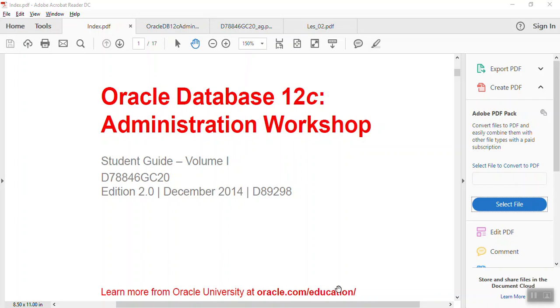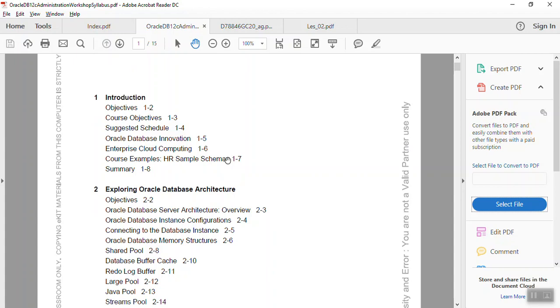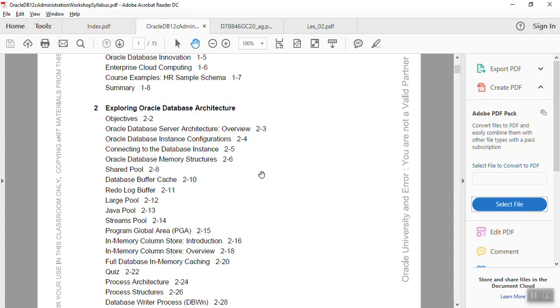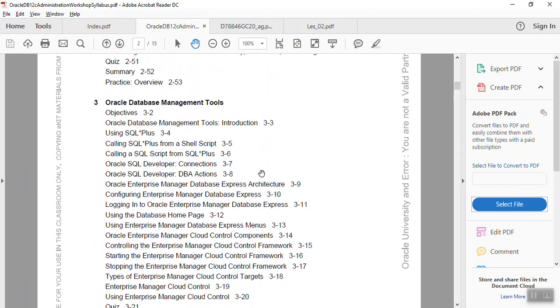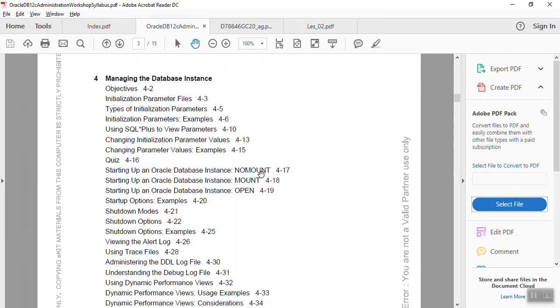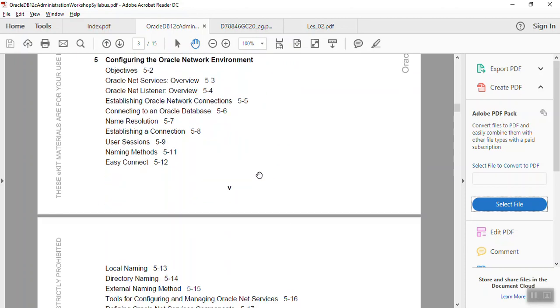Now let's get into a closer look at this workshop. This workshop will have 21 chapters to cover, apart from the installation of the database software and database creation. Here are the chapters which will be covered and the topics under them. The introduction, exploring Oracle database architecture, Oracle database management tools, managing the database instance, configuring the Oracle network environment,